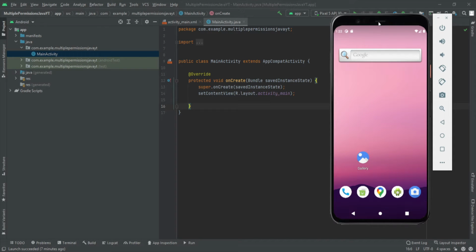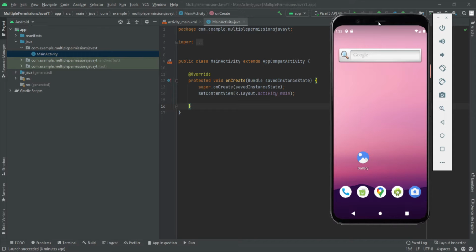So in this video we're gonna learn how to ask for multiple permissions in our Android application, right? As you guys know, real-life apps need multiple runtime permissions from the user to work properly. For example, accessing the location, reading the contacts of the user, and so on and so forth. And with the latest privacy policies of Android, things have changed a little bit, right? It is a bit difficult to implement these things, so we'll learn today how to implement this using Java as